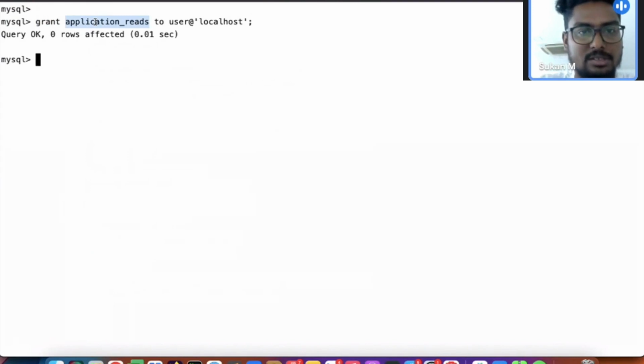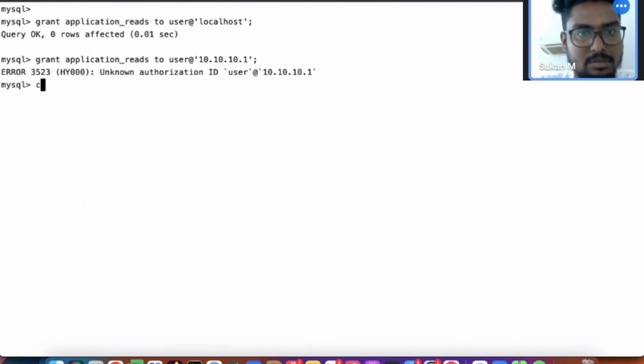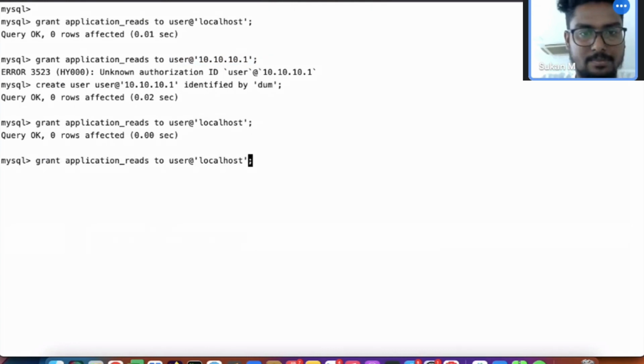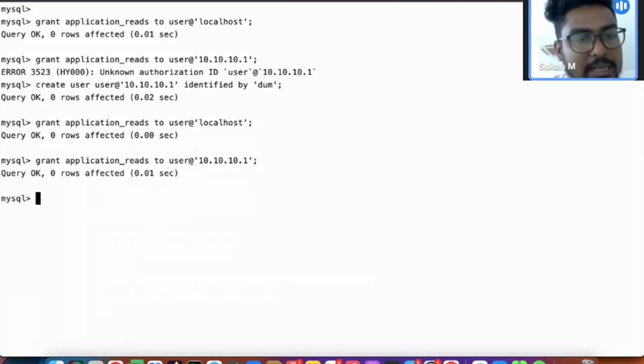you can just run this grant. This is the role name, application reads is the role name, to user at localhost. Let's say that you have another host, like 10.10.10.1. Okay, there is no user present, so okay. So this is fairly simple, right? All you have to do is inherit this role, application reads,